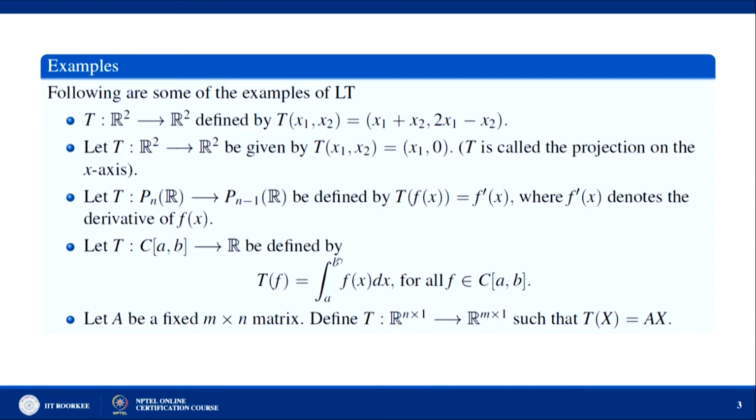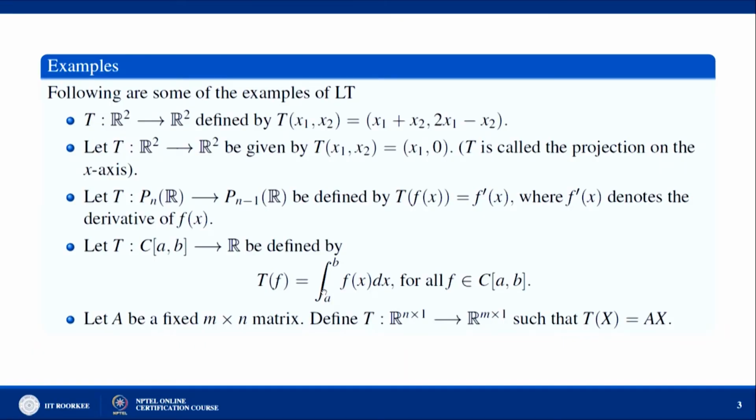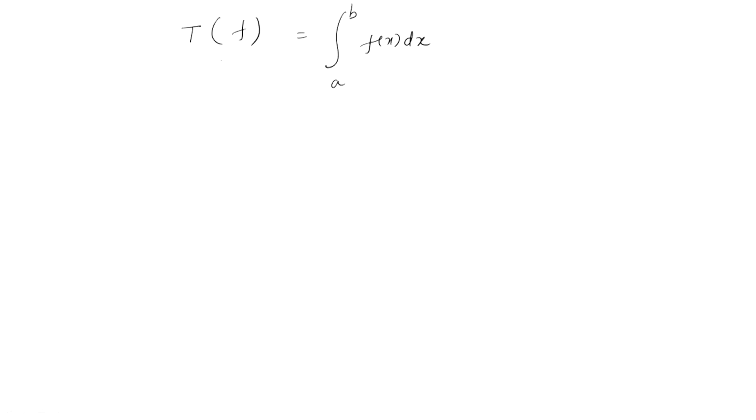This is very easy to show again, because if you take T of f defined as the integral from a to b of f(x) dx, now you take any f and g in the set of continuous functions in the closed interval a to b and any alpha in the field, and you take T of alpha f plus g,